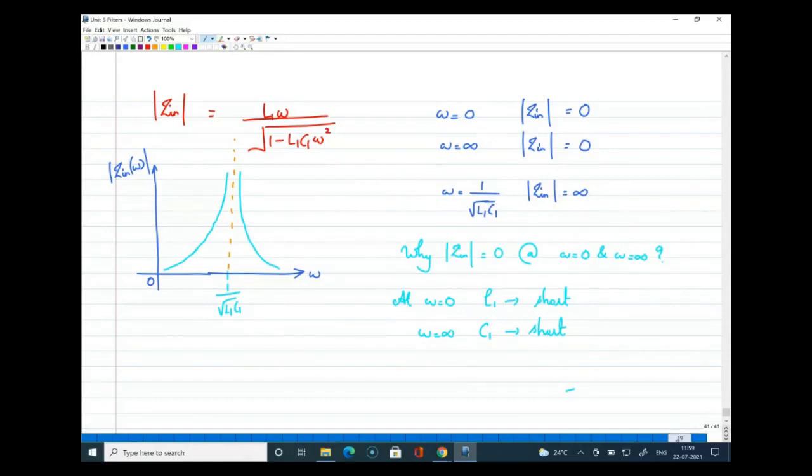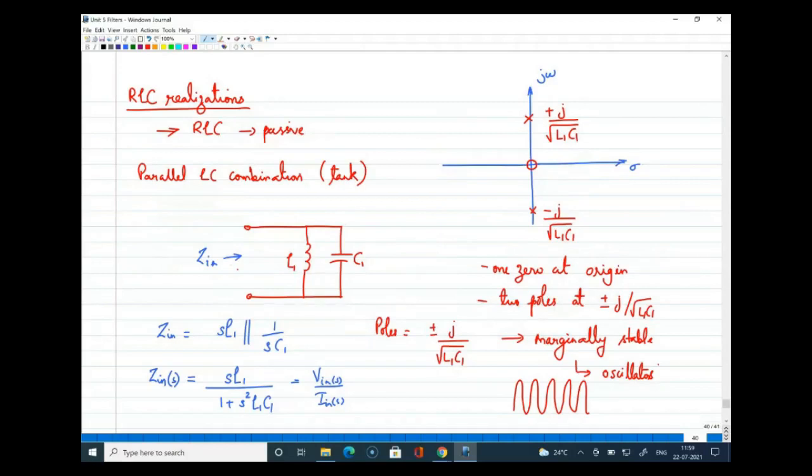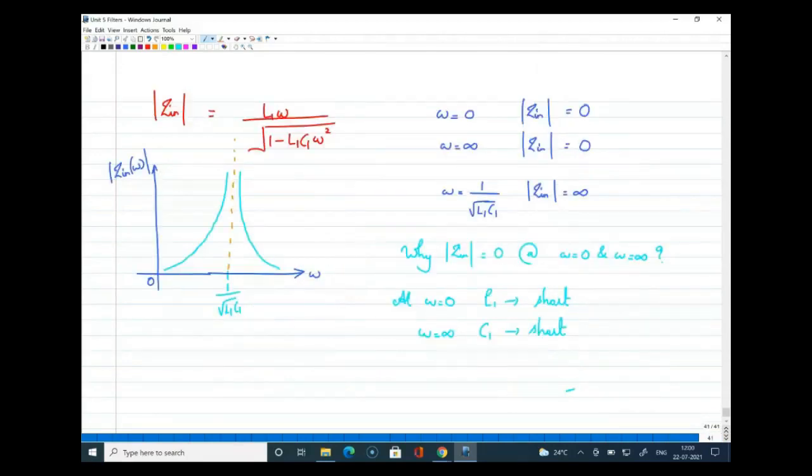But again, you know that whatever I have drawn here as an LC parallel is an ideal situation, because you will have an associated parasitic resistance with this. Say you consider this is your L and C, and the associated parasitic resistance R1 is connected in parallel. Again you can write the impedance of this. It will be the previous impedance in parallel with this new resistance R1, and if you analyze that, it can result in an expression like what we discussed before, the general second order function.